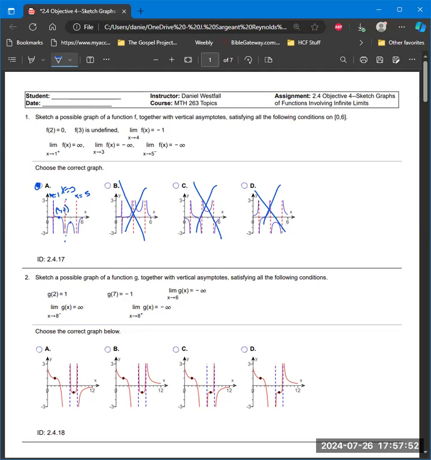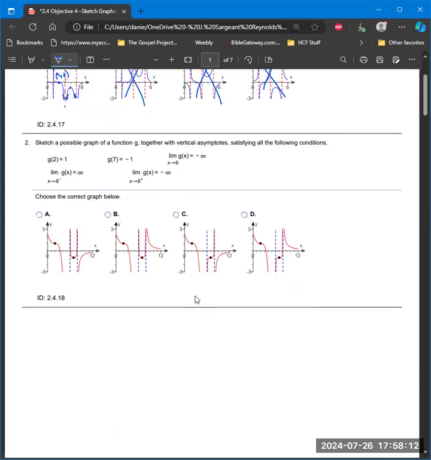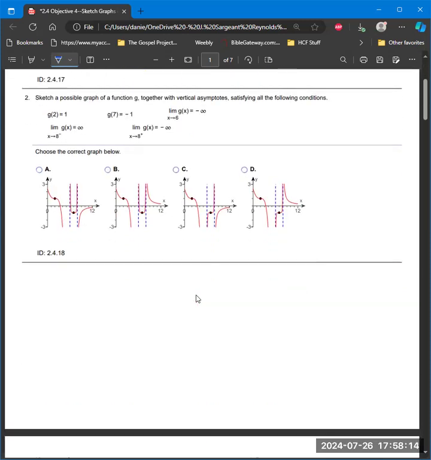As I approach 1 from the right, I'm going to positive infinity. So that's this piece of the graph. 3 from both sides goes to negative infinity. And 5 from the left goes to negative infinity. So that is a. All right, let's sketch a possible graph of the function g together with its vertical asymptote